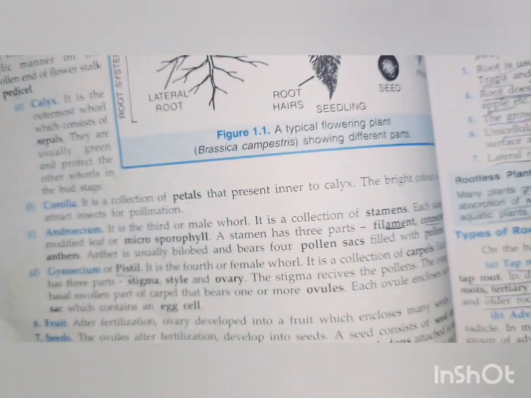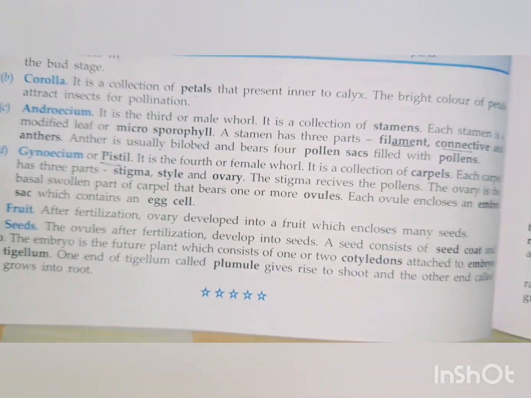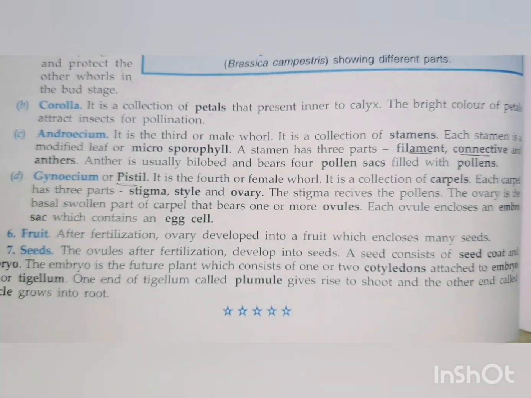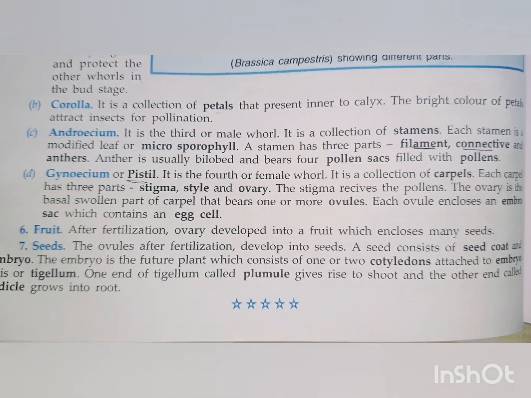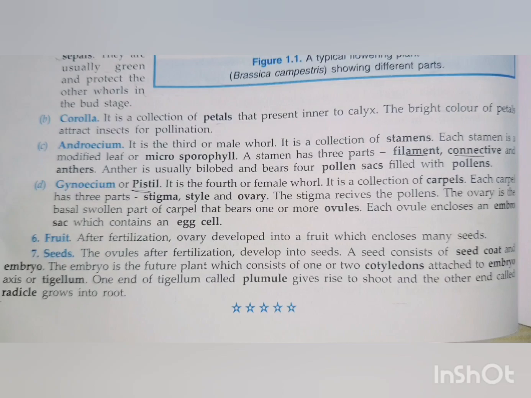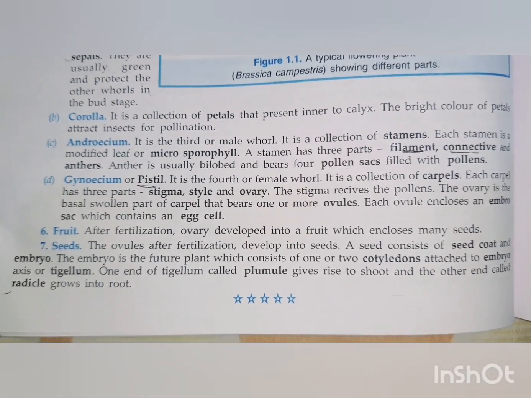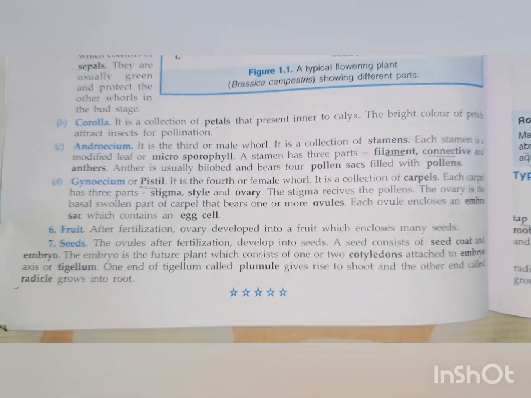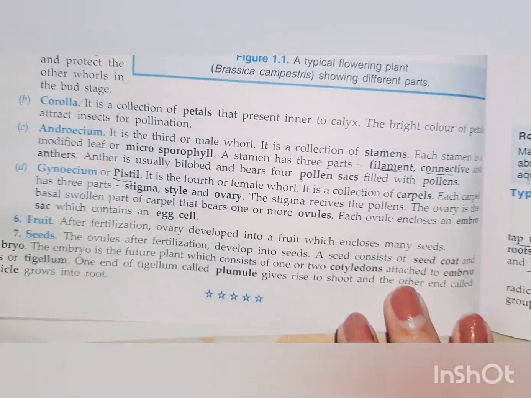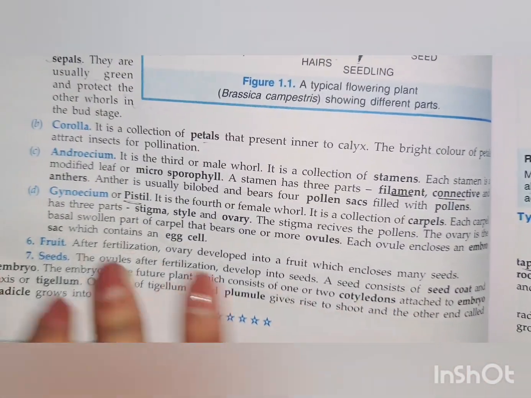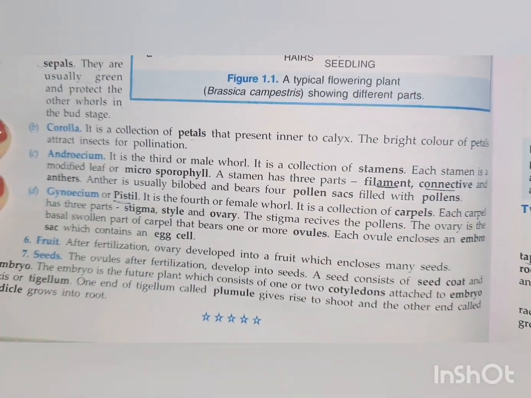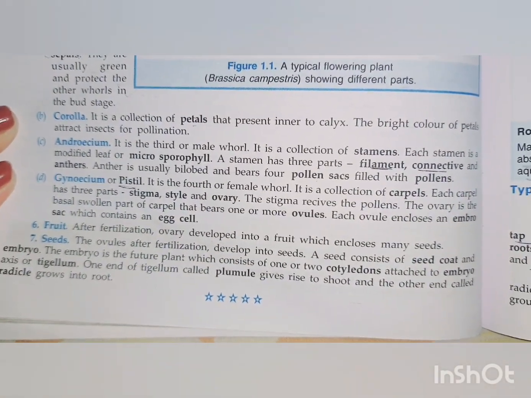But then after the calyx, the corolla layer is present. Corolla is the collection of petals. These are generally the colored part of the flower, which generally helps in the process of pollination because it attracts insects. Then the androecium. This androecium is the male reproductive whorl of the flower, and the individual unit of the androecium is